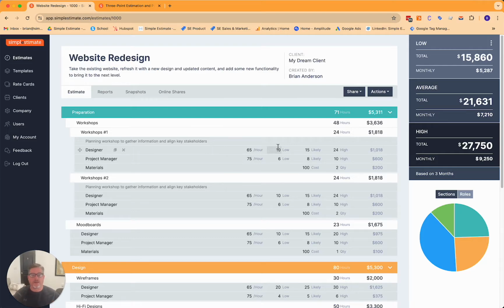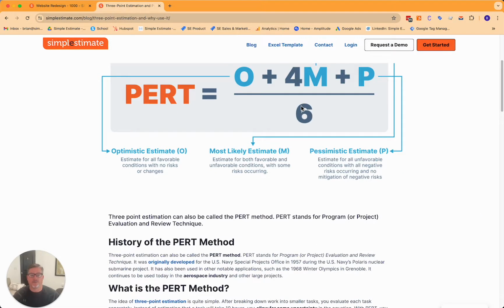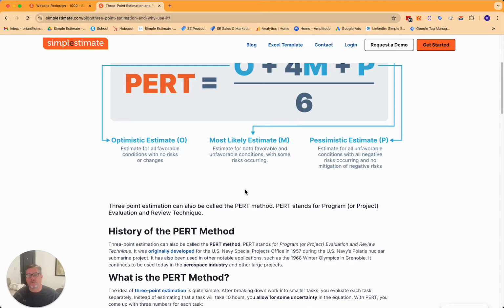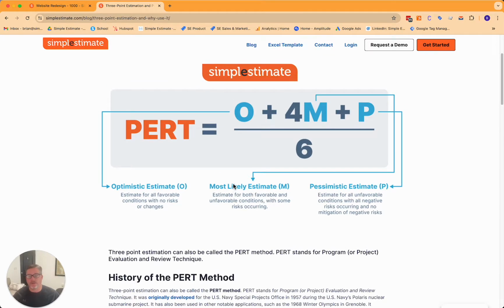So once you do that, it will use that to calculate the hours and the dollars using a formula that was developed by the U.S. Navy in 1957, I think. And the PERT formula stands for Program or Project Evaluation and Review Technique. And it's simply a formula that weights the optimistic estimate plus 4 times the most likely estimate plus the pessimistic